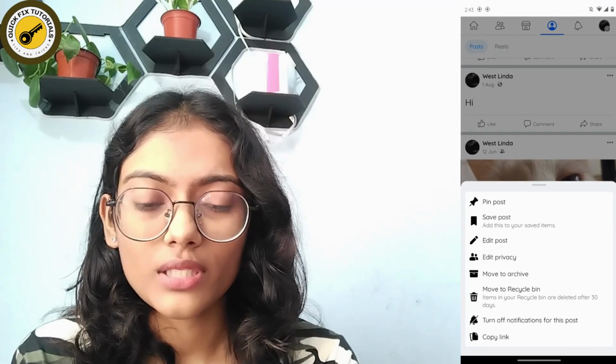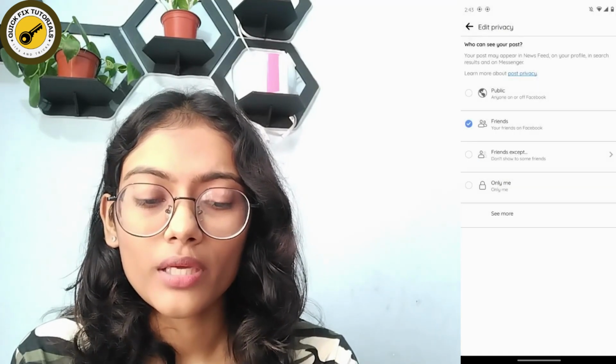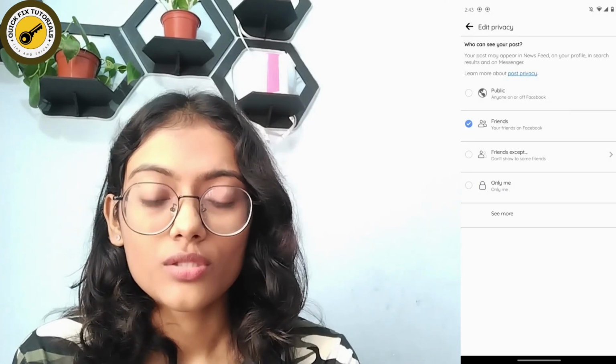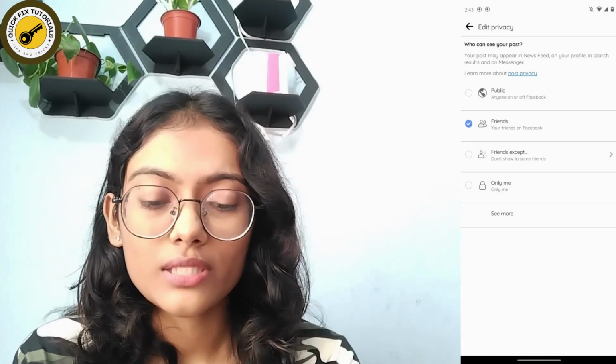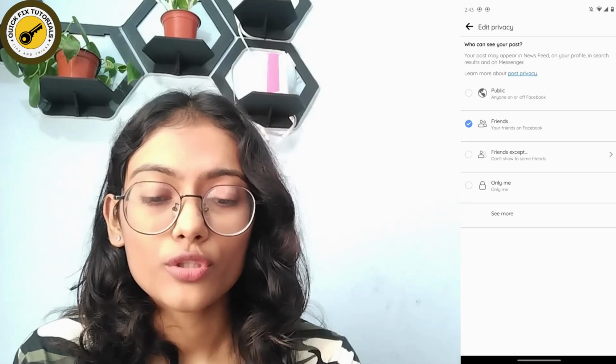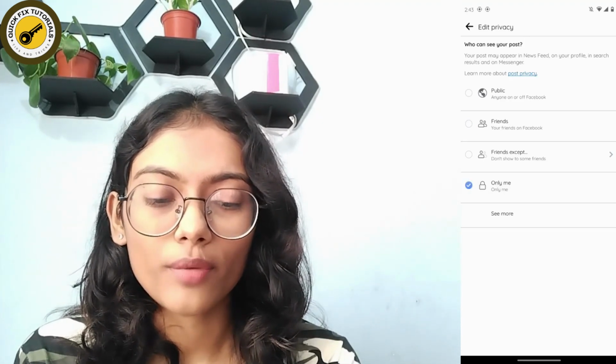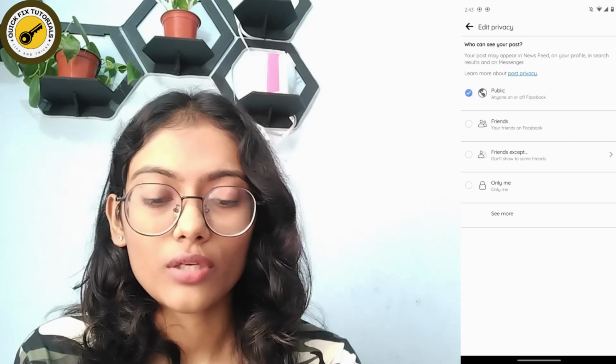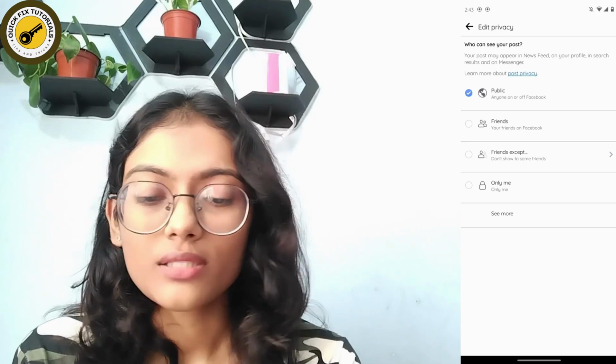go for edit privacy. You can choose to public or your friends or friends except or only me. So if you want to hide that from everyone, then you can simply tap on only me. And if you want to show that to everyone, then you can go for public. Or if you want to show your post to your only friends, then you can go for friends. So that's it. That's how you edit your